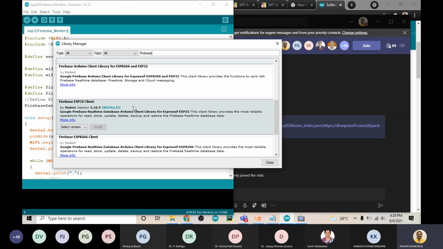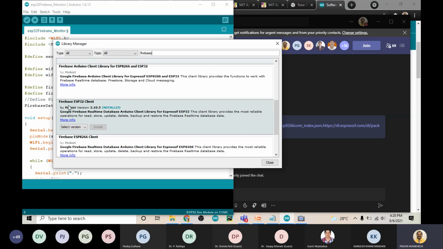Do not try to use each and every library in your Arduino IDE, because sometimes what happens, just like this library Firebase Arduino client library for ESP8266 and ESP32, it is somewhat larger in size than these other two. Due to this, it also takes more space when we write our code and when it gets compiled with your Arduino IDE. So only if it is necessary for your program, then use it. Okay, so that's why I have used the Firebase ESP32 client.